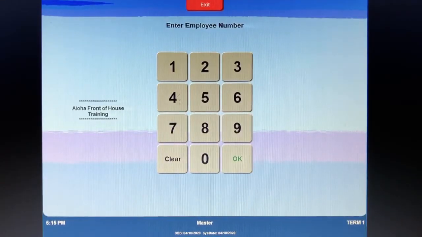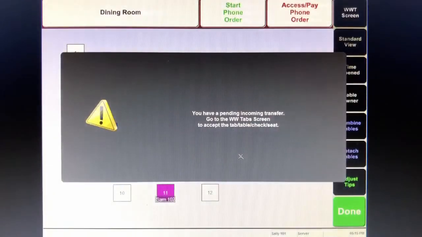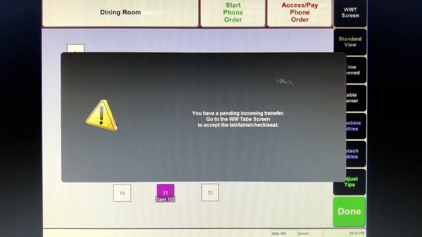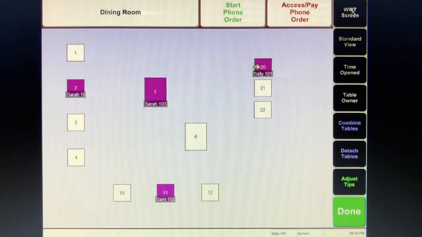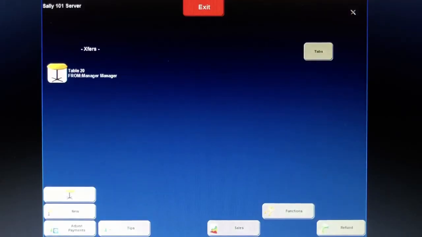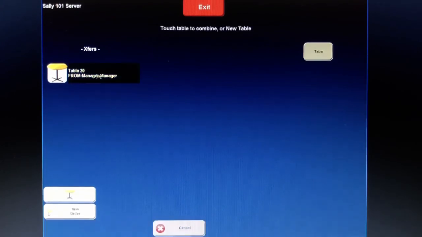Back here at the login screen, we're going to log in with employee 101's number and say OK. Where immediately we'll be prompted that we have an incoming transfer. So we're going to have to go to the Working with Tables screen to accept this. So we'll click WWT screen in the upper right. And of course from here we're in the Working with Tables screen and we can see this pending transfer coming in. We can see it's coming from the manager. It's table 20, so we'll highlight the table here